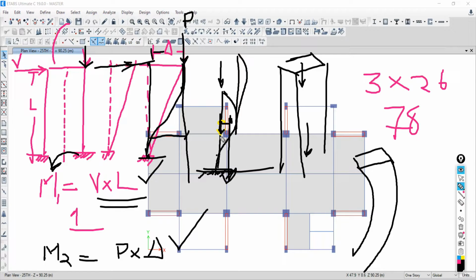And this P delta or lateral deformation depends on three factors. First, the magnitude of axial load: whatever the actual load is, accordingly you will get the result. Second, the stiffness and slenderness of the structure.